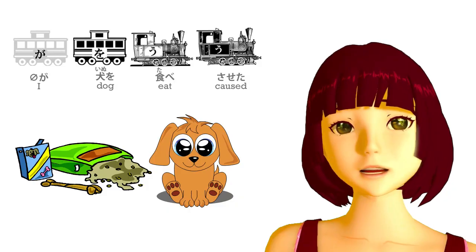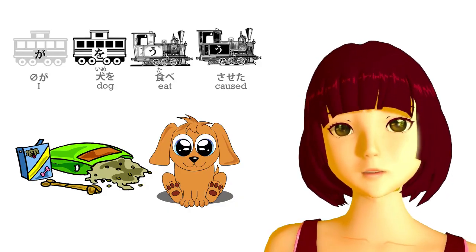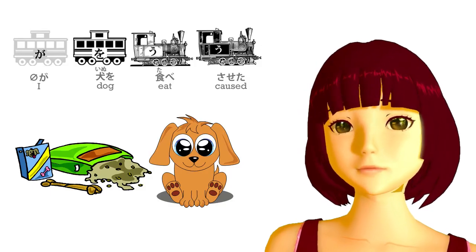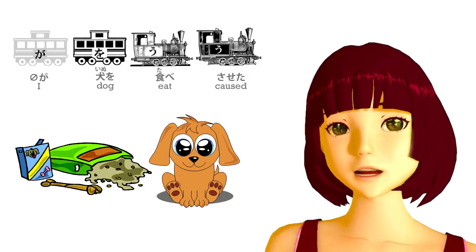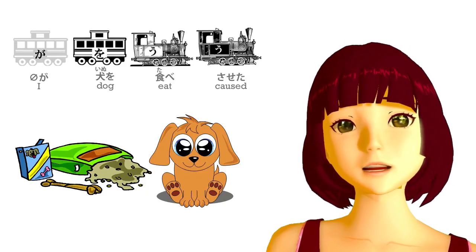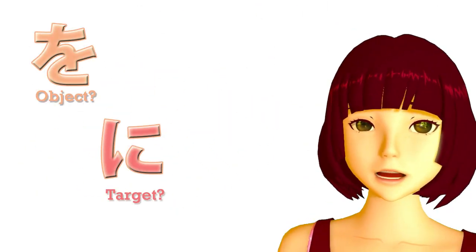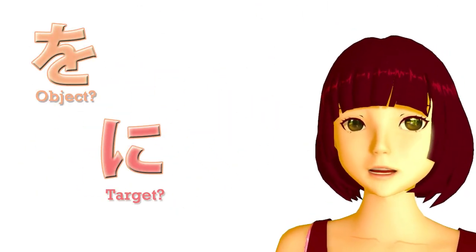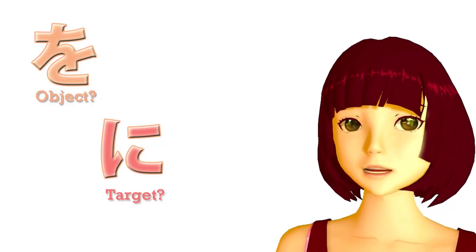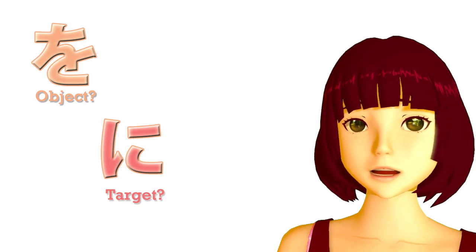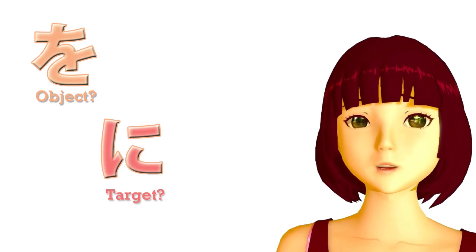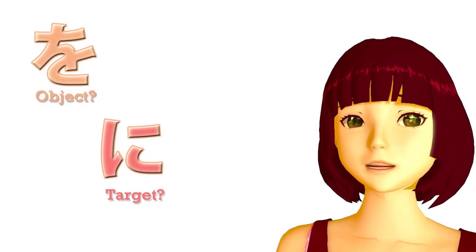So, saseru means cause a person or a thing to perform an action by whatever means. Whether that causing is allowing, whether it's compelling, or whether it's setting up the conditions to make it happen. Now, the only thing that can appear to be a little confusing about the causative is that sometimes the person or thing that we are causing to do something can be marked by o and sometimes by ni.